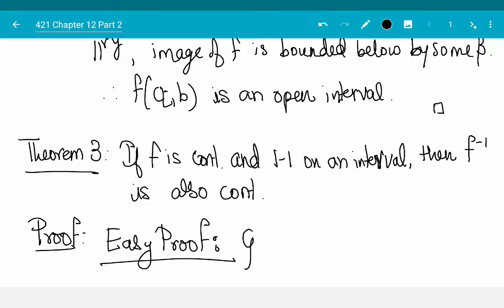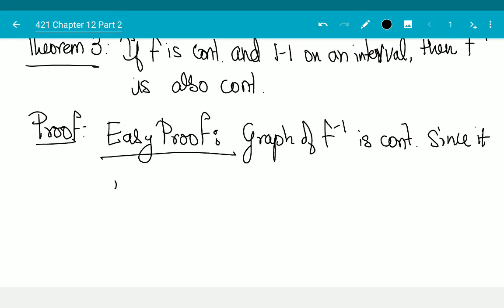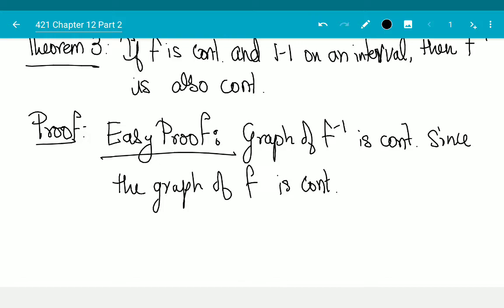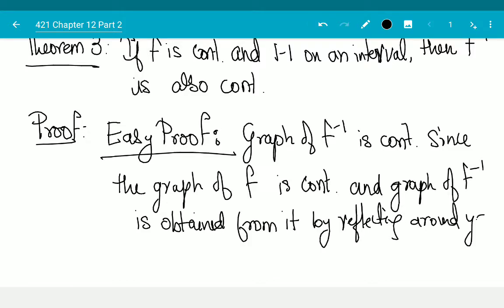The graph of f inverse is continuous, since it is the graph of f, since the graph of f is continuous, right? And f inverse is just flipped around x and y. And the graph of f inverse is obtained from it by reflecting around y equals x. Okay,